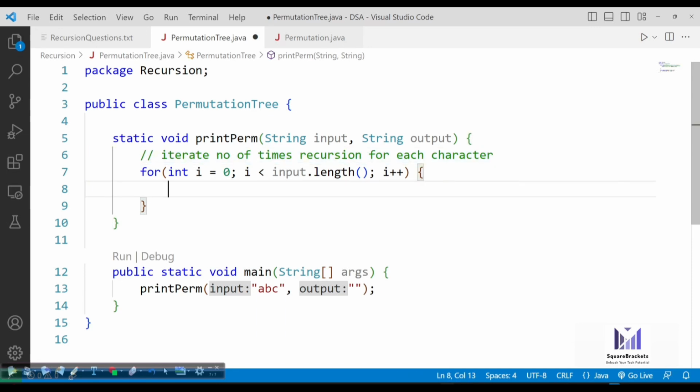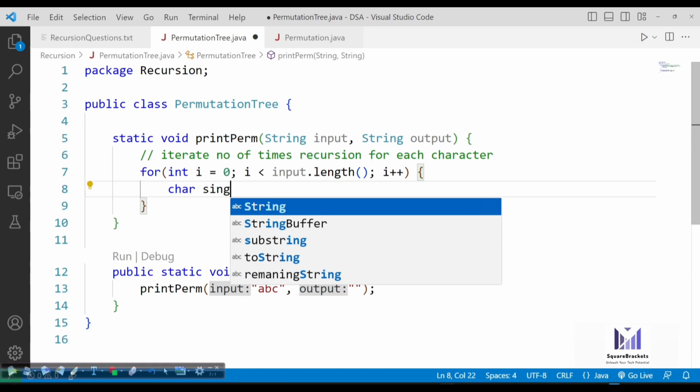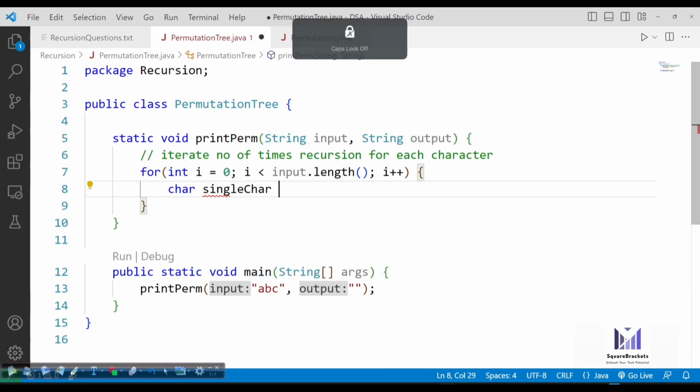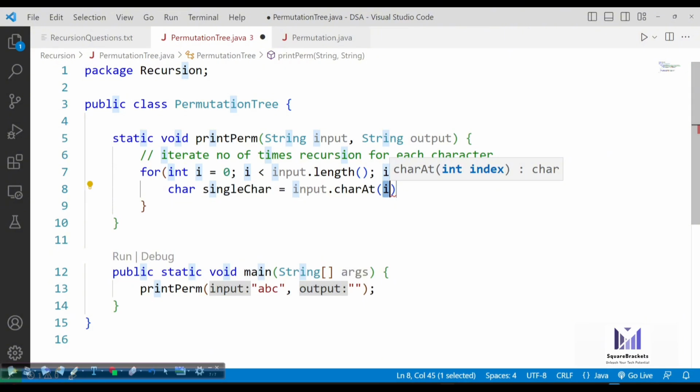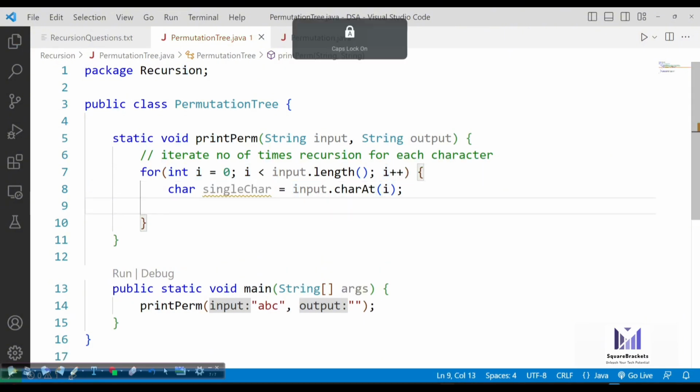Now, start by picking up the single character and the remaining string. So inside the loop, we will take a char, single character, equals input.charAt(i). Okay, so it will return the single character.